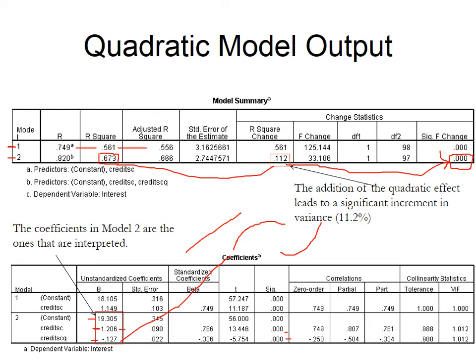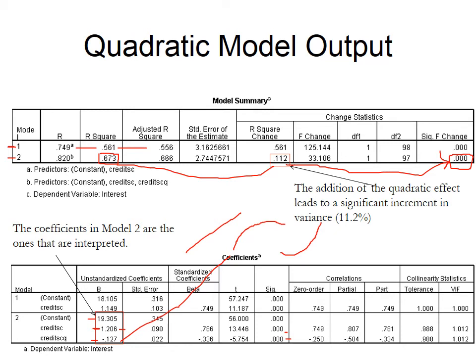So in this output, we have two models. The first model is a straight line relationship. The second model is our relationship with the curve. The way we do this is by doing a sequential or hierarchical regression, where we put in the first block, the linear component, and in the second block, we put in our polynomial. So that's how we get two different models. We see in the first model the same exact output that we had before.